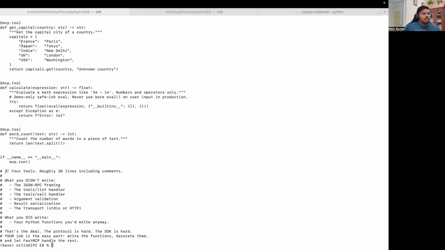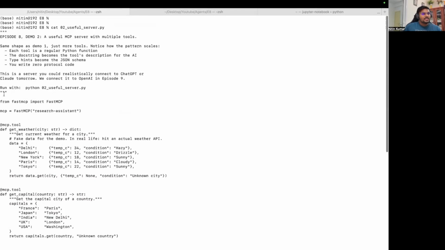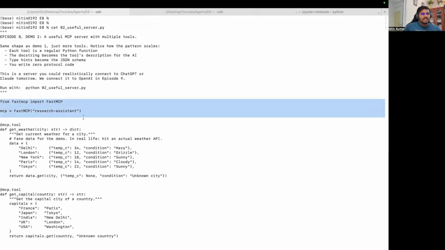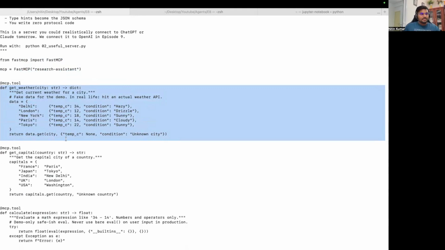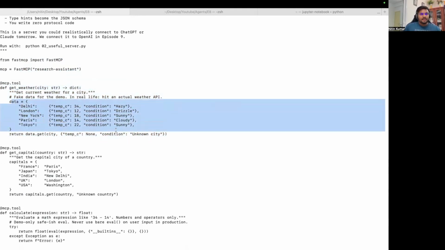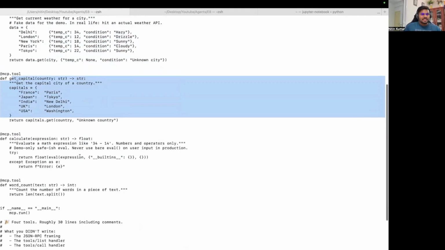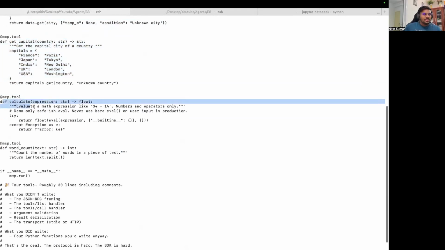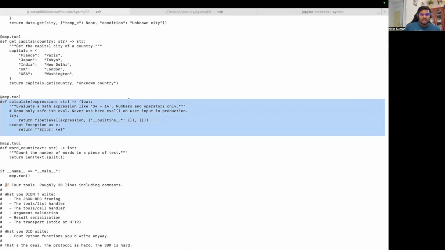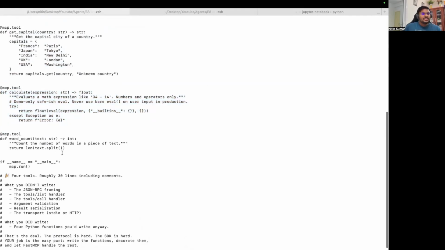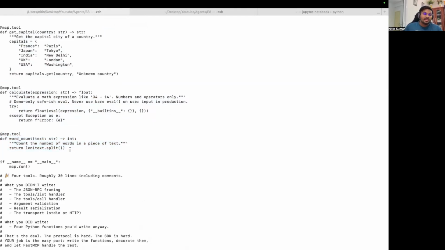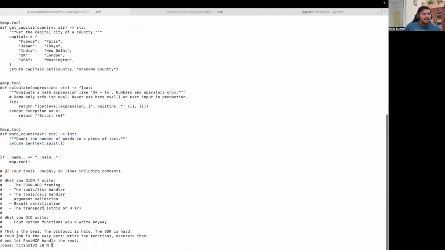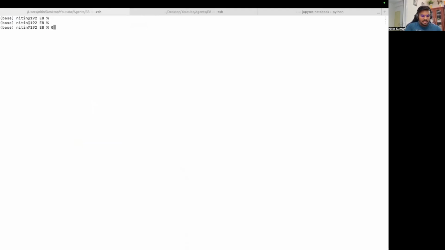Now you see in my code, first I am importing and creating this research assistant server. I have defined a couple of tools that we were using in our previous episode. One is get weather with this fake data, and the other is get capital, the same known functions we are using in the workflow. Calculate is a function that just runs mathematical expressions, and this is a customized function that will return the number of words in my string. And now, if I create this server, let's say with Python